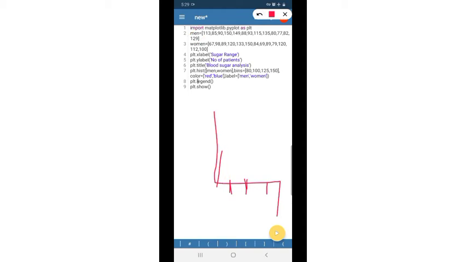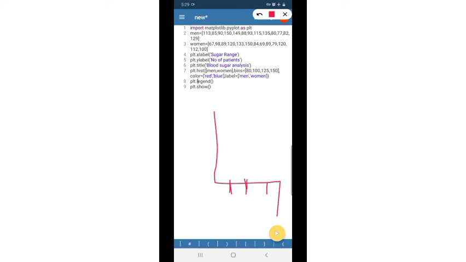Then since there are 2 bars, we should provide colors to identify which color represents which data set. Here we have given 2 colors to represent each data set. The first color given is red, so it will represent the first data set, that is men. The second color given is blue, and it will represent the second data set.